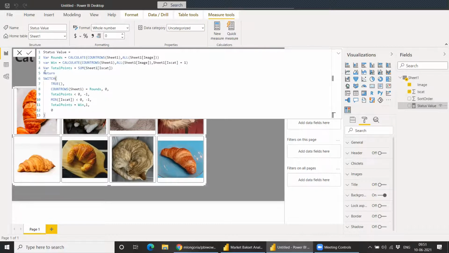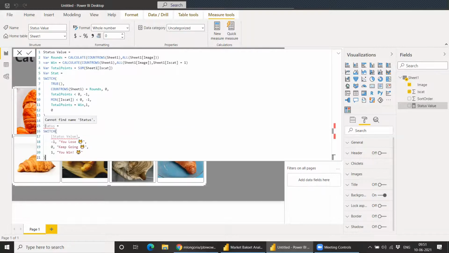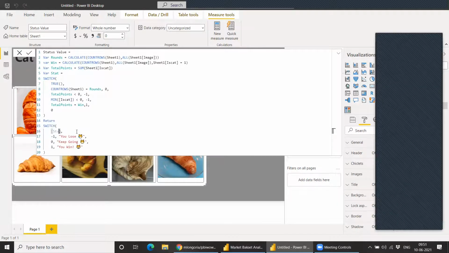Instead of giving return here, we can just use a variable, stat, equal to, and return stat.